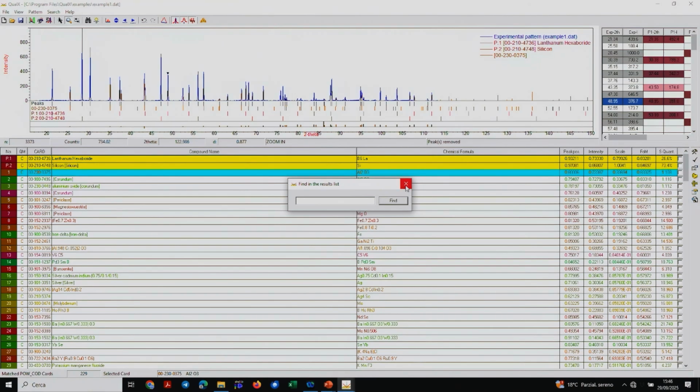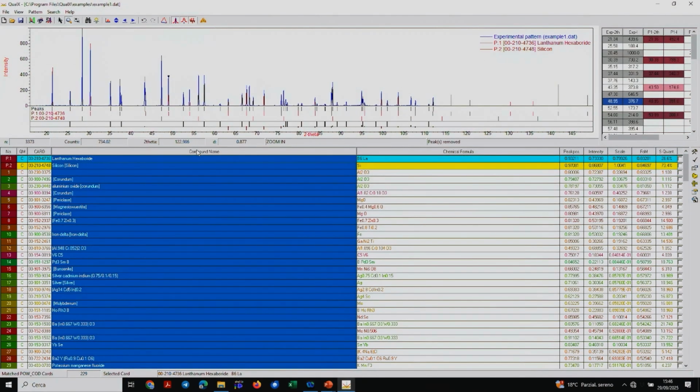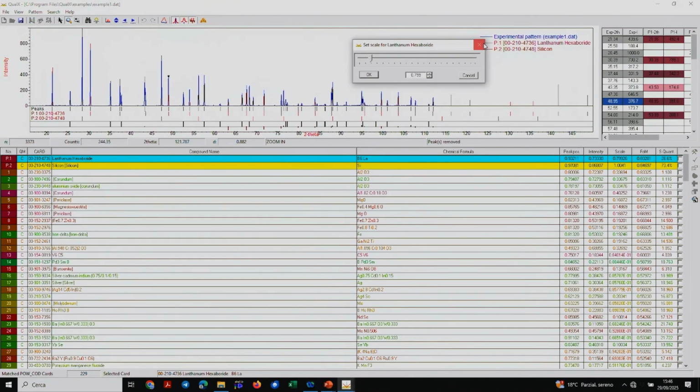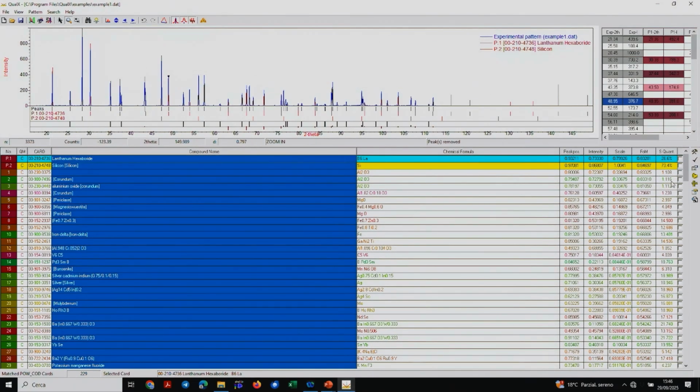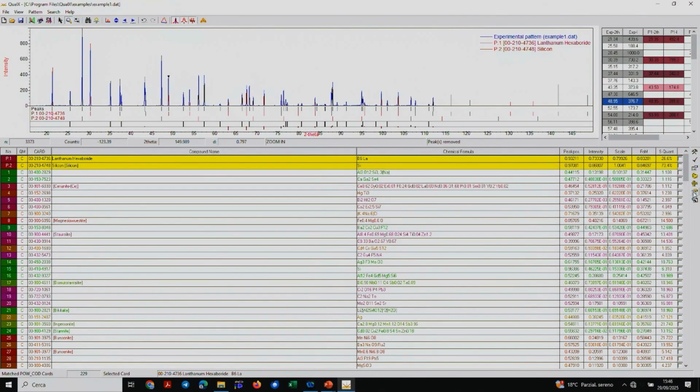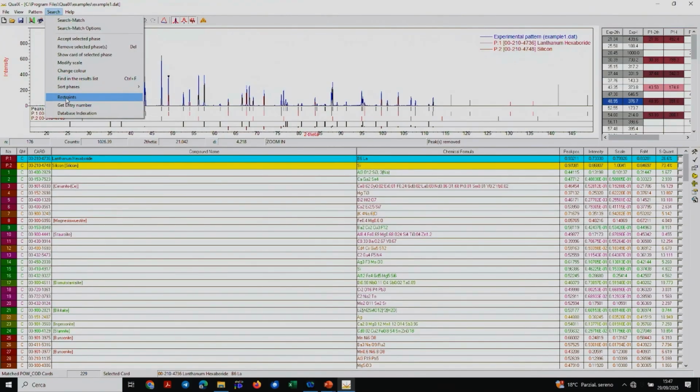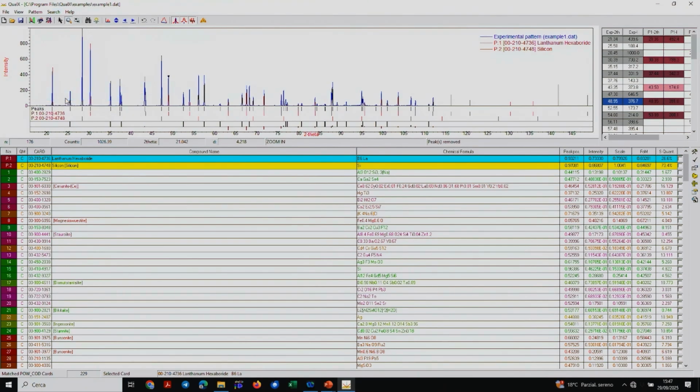So another possibility is to sort the cards by clicking on the compound name. I can sort the cards by alphabetic chemical formula. And on search, I have also the possibility to use the restraints. So the restraints will